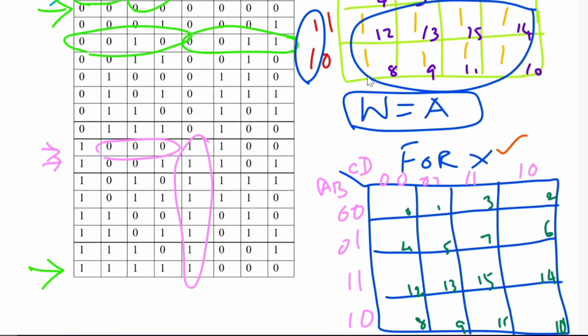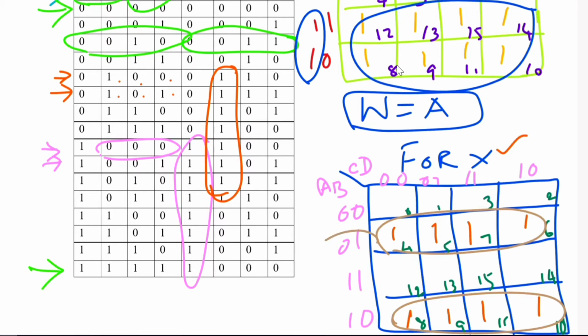X. So for the next output X, where it gets high outputs in this area. So fill up the same. See here A bar, B, C bar, D bar. Then A bar, B, C bar, D. Similarly, you have to fill up the columns 1, 1, 1, 1, 1, 1, 1, 1. Then group the same.